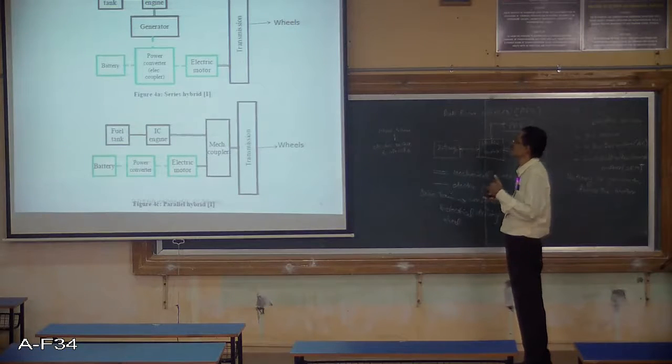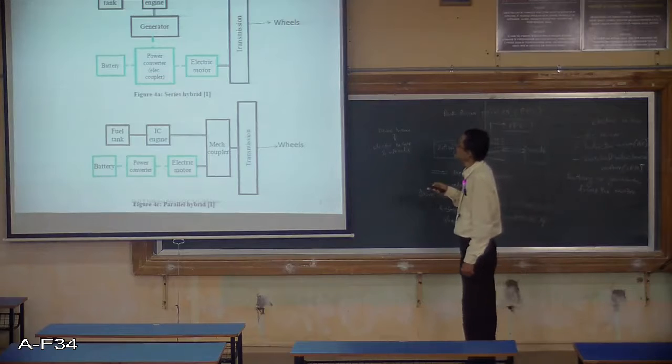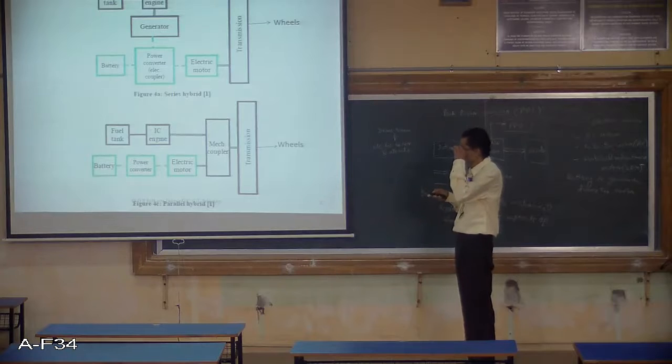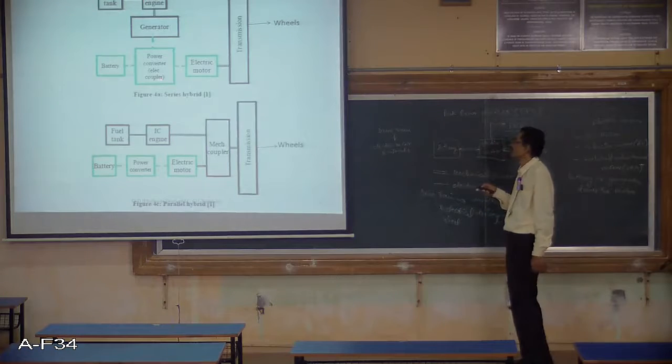So if you reduce the voltage, speed reduces. If you increase the voltage, speed will increase. So for controlling this particular voltage to the electric motor from a fixed voltage, which is the battery voltage, this battery voltage will be fixed. Say suppose if it is around 200 volts battery voltage.